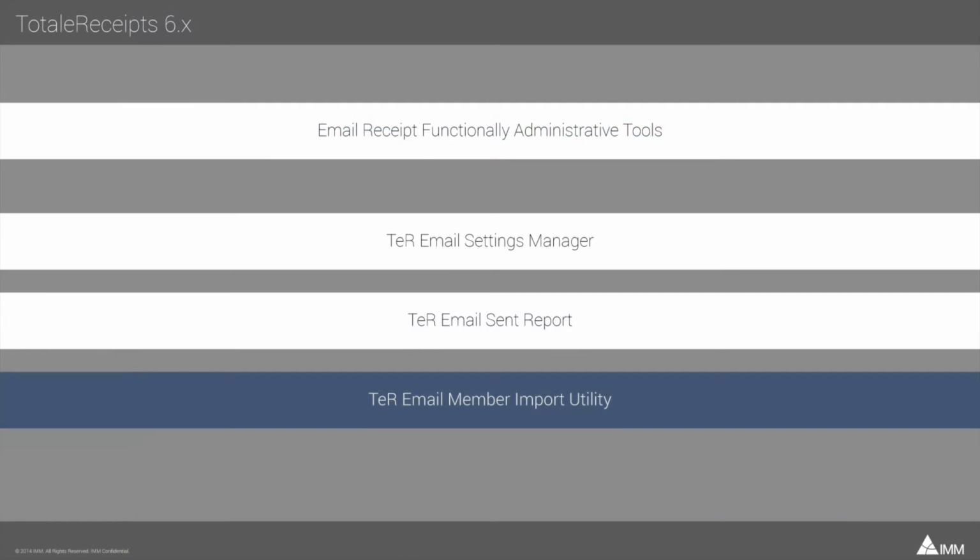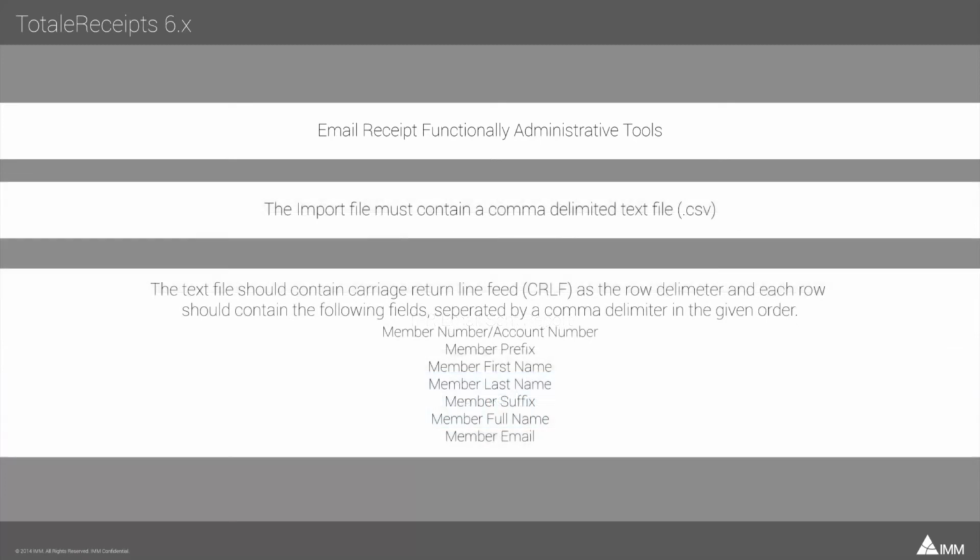We will now discuss the TER Email Member Import Utility. This utility enables the import of member email addresses, names, and member numbers so that information does not have to be entered manually for each member. The import file must be a comma-delimited text file or CSV file, and the text file should contain carriage return line feed or CRLF as the row delimiter, and each row should contain the following fields separated by a comma delimiter in the given order: